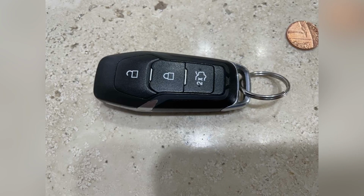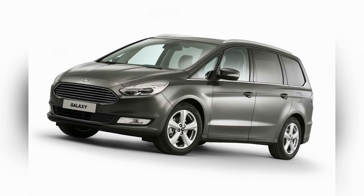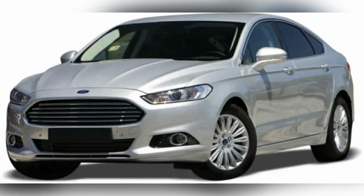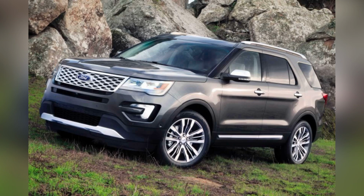Hi guys, today I'm going to demonstrate how to change batteries on the latest proximity key fob. This starts from 2016 roughly, like Ford Galaxy, Ford Mondeo, Ford Edge, Ford Explorer, and the majority of